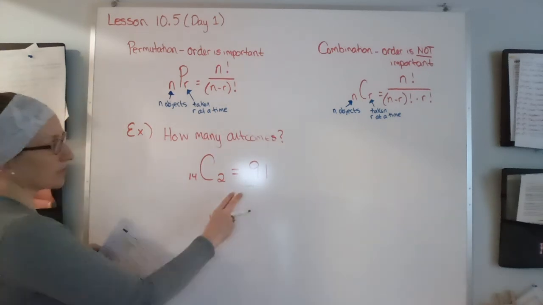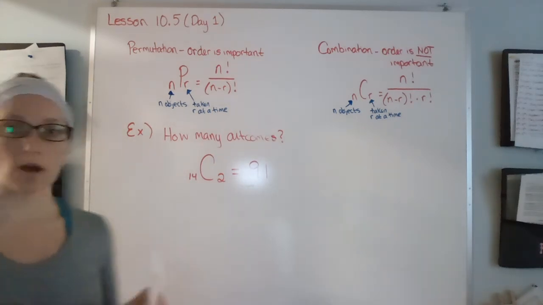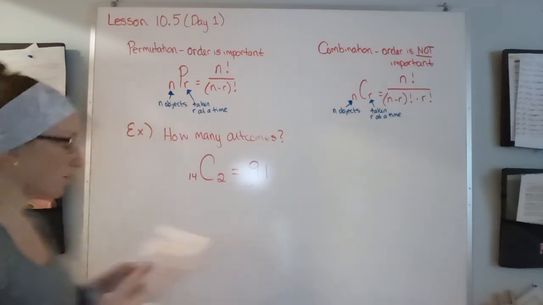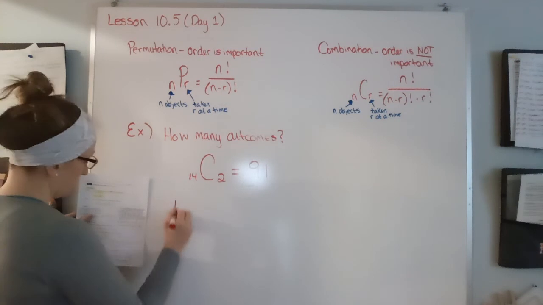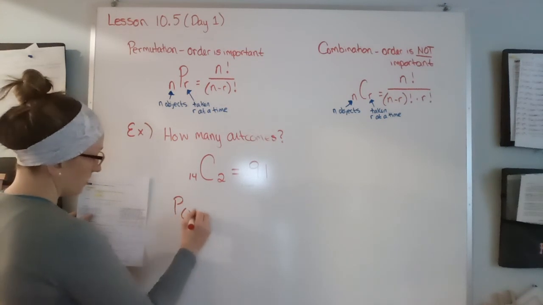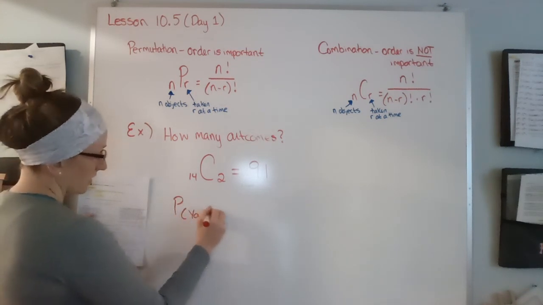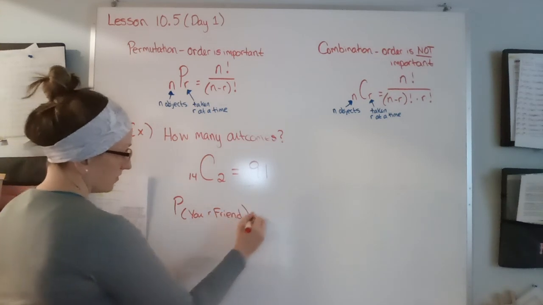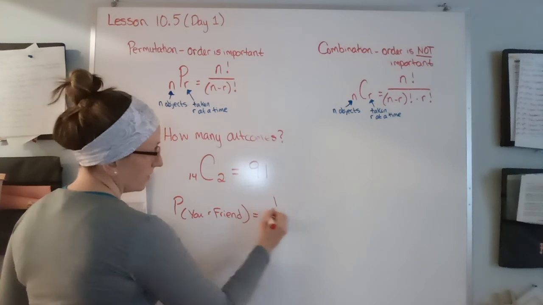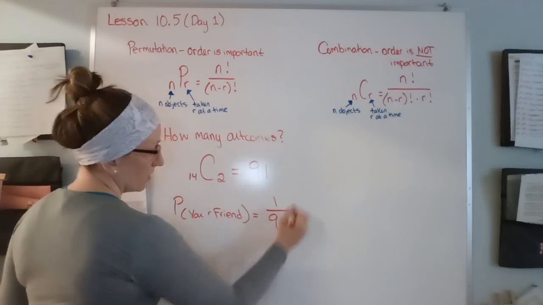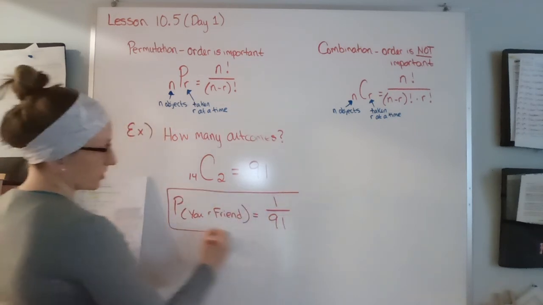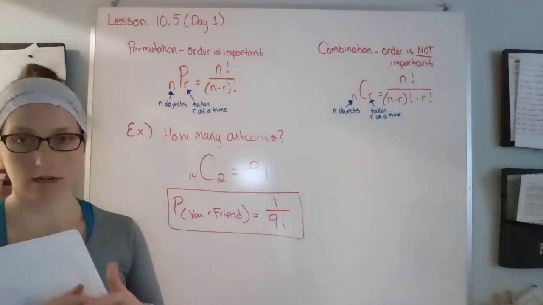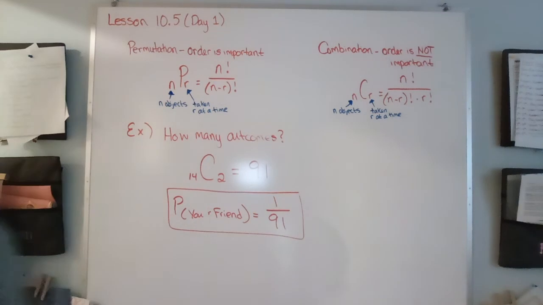Now, out of those 91 collages, what's the probability that your photo and your friend's photo are chosen? So probability you and friend. There's only going to be 1 out of those 91 outcomes where it's you and your friend that are selected. Right. And the last problem,